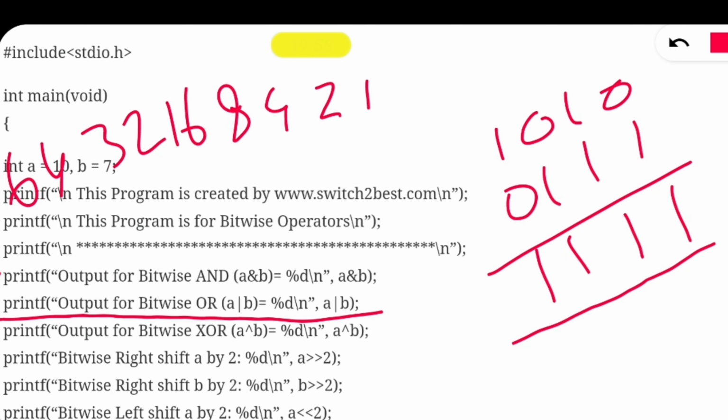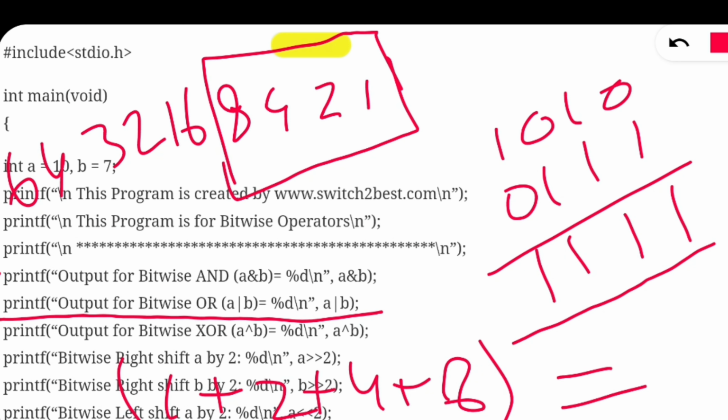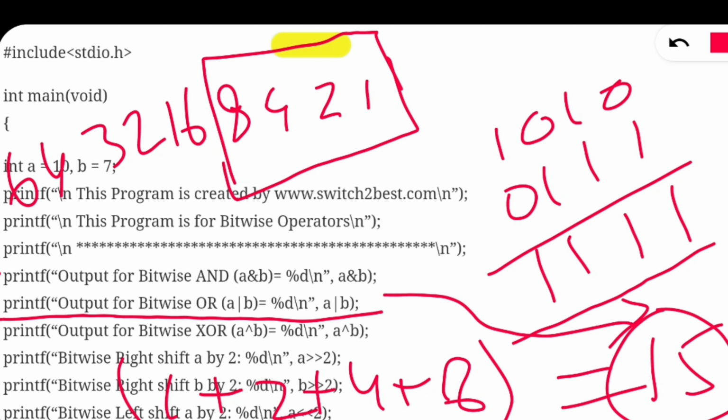We need only 4 bits, so up to this much. So we add 1 plus 2 plus 4 plus 8. What will be the value? 15. So the output of this bitwise OR operation will be 15.